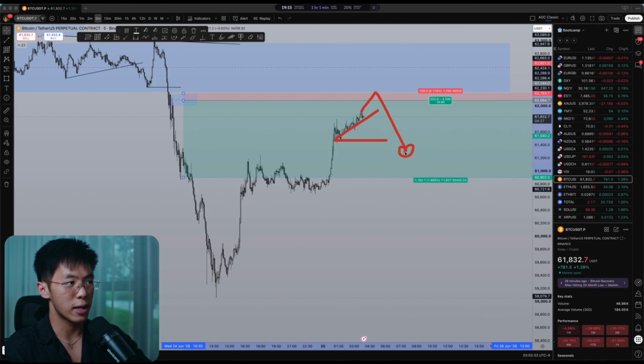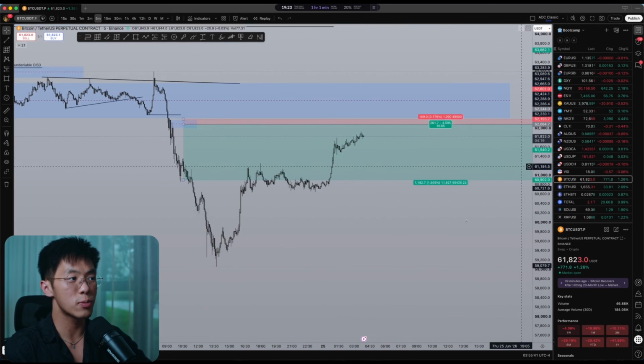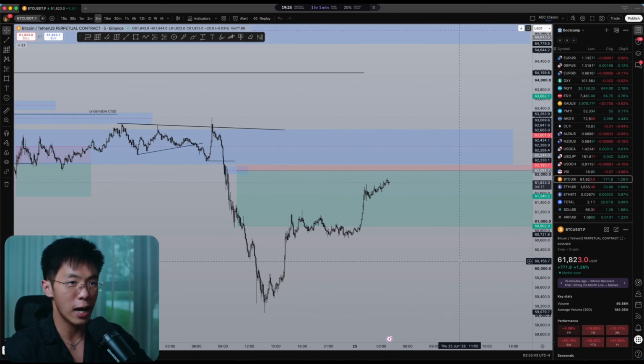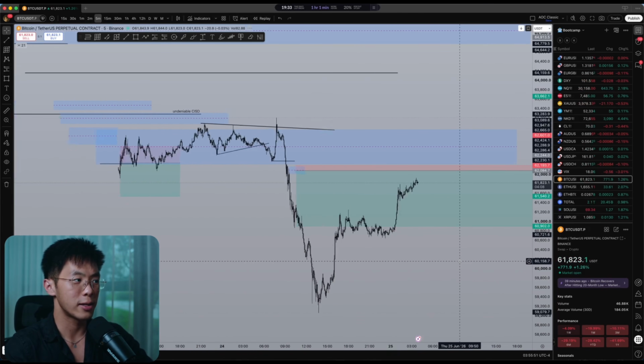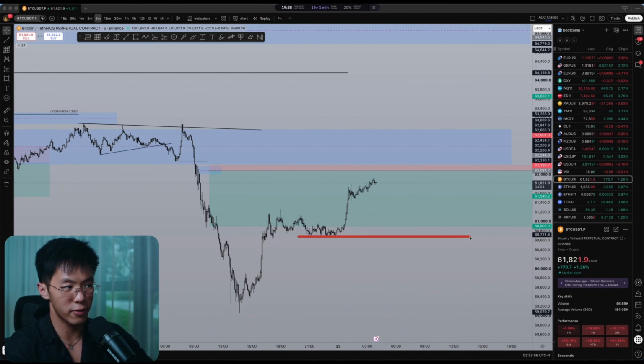Sweep it out, take here, and then maybe you continue back towards the upside. I cannot predict if we're going to have volatility for today. I can make reasonable estimates, but at the end of the day, I don't know what the market's going to do. I don't know how much volatility there is going to be, and neither is it my job as a trader to predict how much volatility there is. Sometimes we get close, sometimes we miss it, but either way, just take profit at 2R.